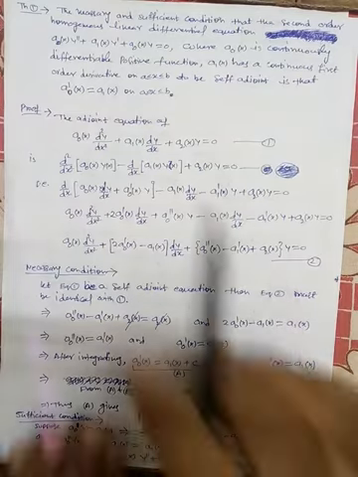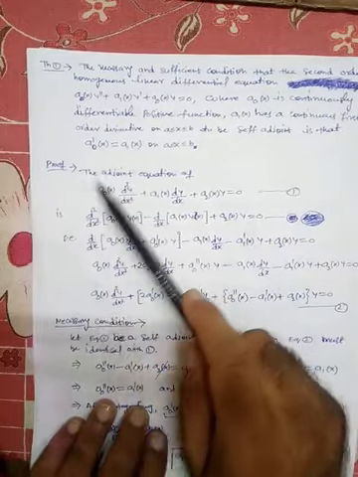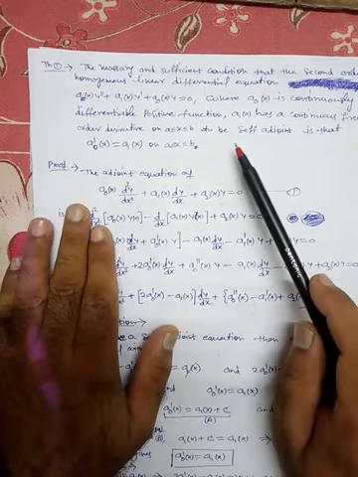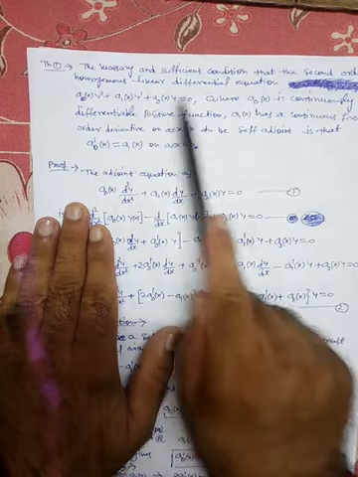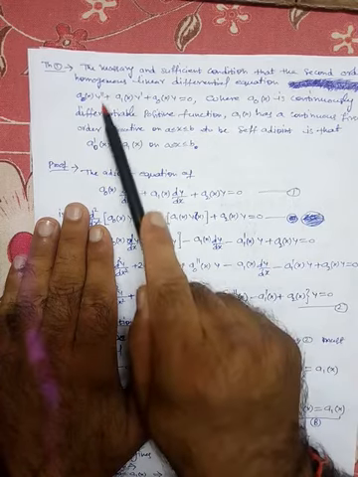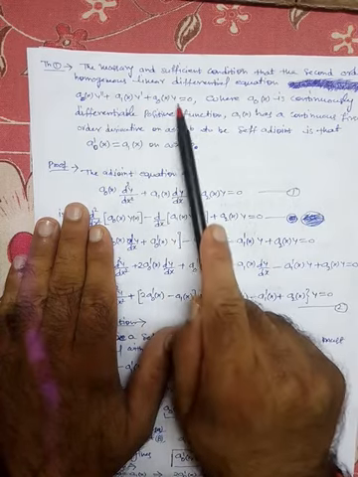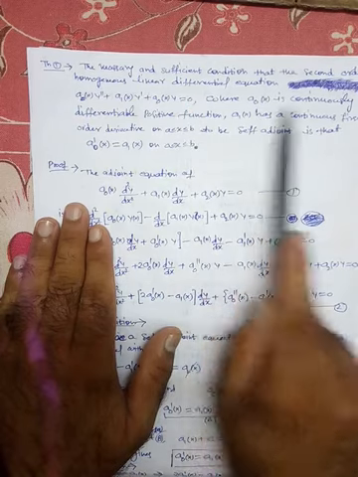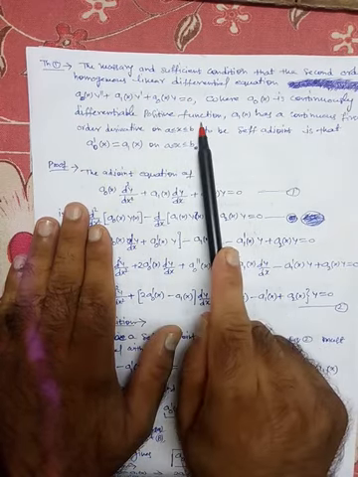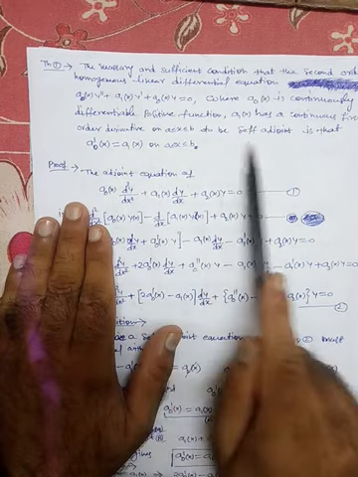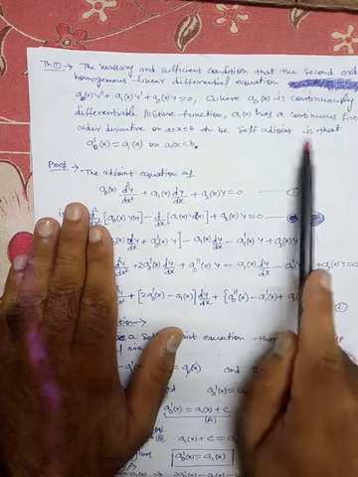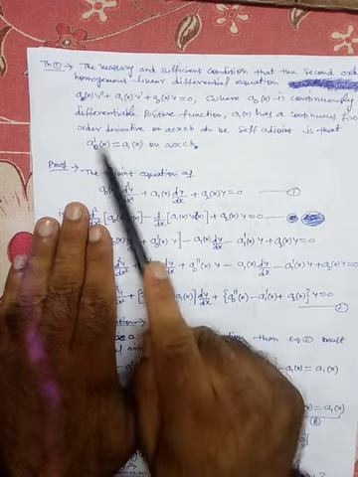Okay, now we have theorem number 1, which provides the condition for the self-adjoint equation. The necessary and sufficient condition that the second order homogeneous linear differential equation a naught x y double dash plus a1x y dash plus a2x y is equal to 0, where a naught x is a continuously differentiable positive function and a1x has a continuous first order derivative, to be self-adjoint is that the derivative of a naught x